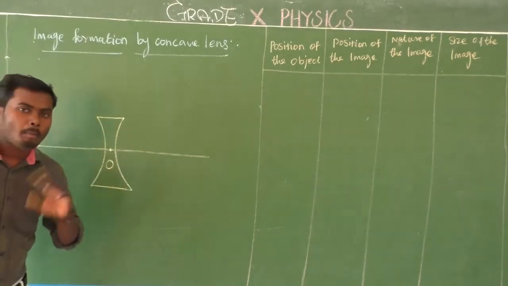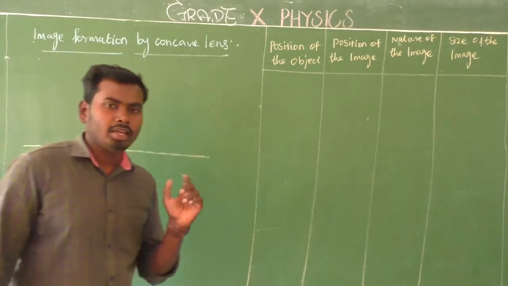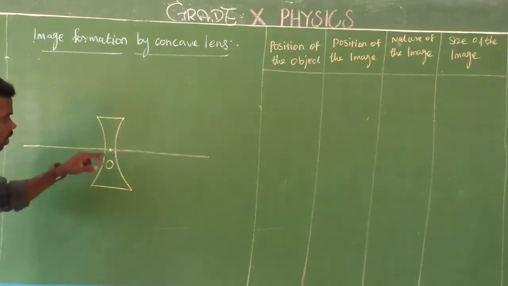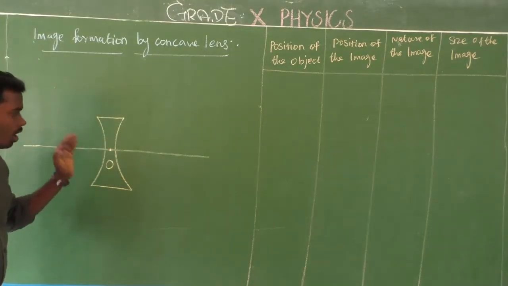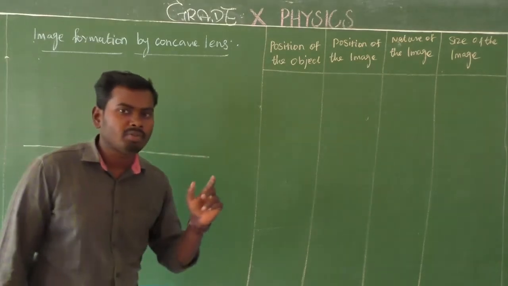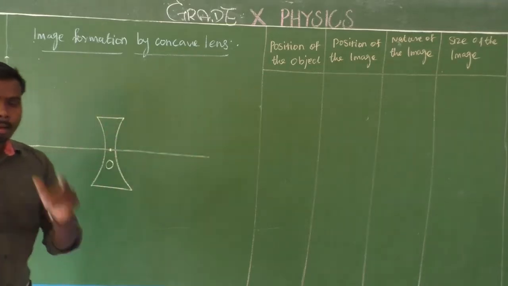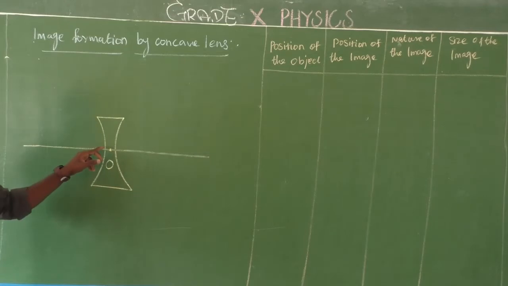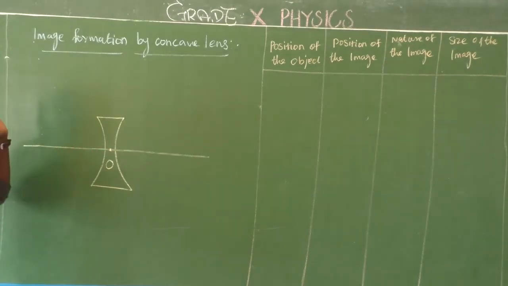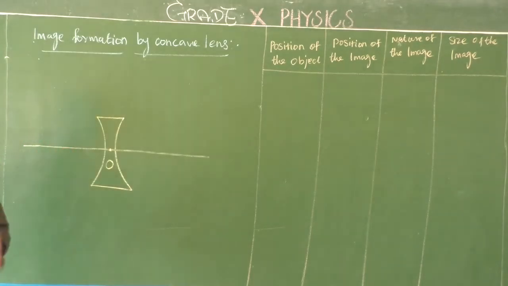Note some important components of concave lens. Okay, in concave lens, where will be the focus? Here in concave lens, the focus will be on the left side of the concave lens, not the right side. But in convex lens, the focus will be on the right side. If you place the object on the left side, the focus will be on the right side of the convex lens. But in concave lens, the focus will be on the left side when we place the object on the left side. Is it clear? It means the object and the focus will be placed on the same side. Is it clear? Yes, look at here.